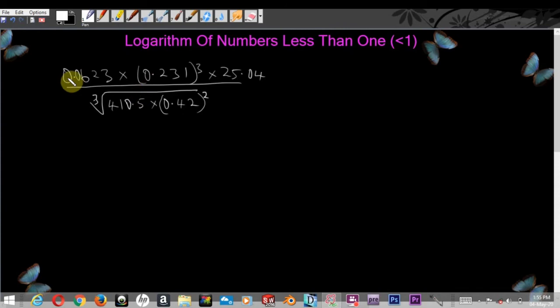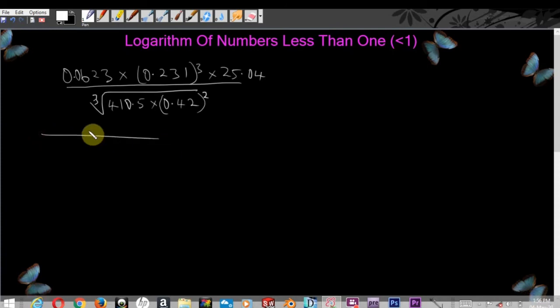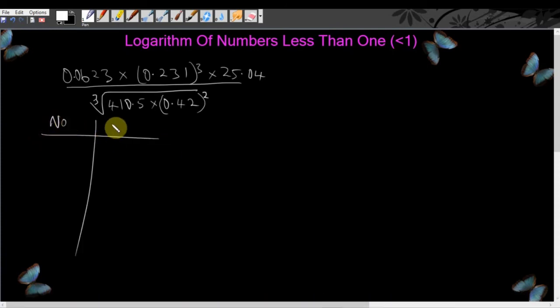As you can see, it's 0.0623 multiplied by 0.231, all in parentheses, to power 3, multiplied by 25.04, and over this cube root of 410.5 times, in parentheses, 0.42 to power 2. Now, the same way you've been doing it, it doesn't matter how it looks like. Draw your table. This is the number side, this is the log side. Begin with this